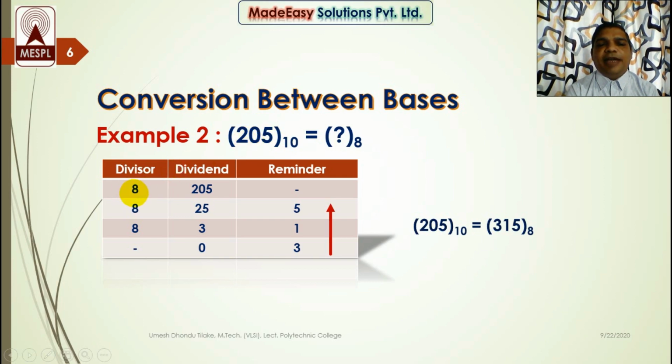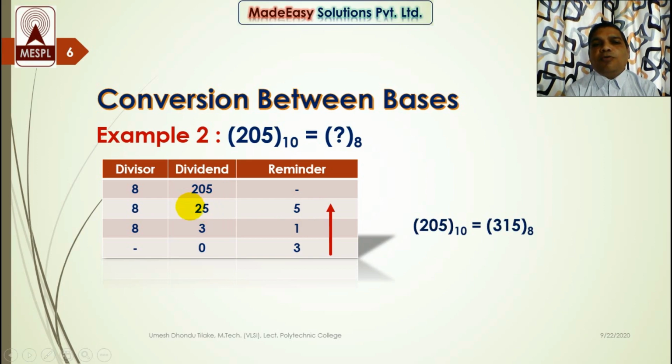So I have divided by 8 over here and continue the division process until we get the quotient as 0. So let's try. See here, we have to find such a quotient that when we multiply the base by that quotient, we get the maximum number in the table of 8 which is less than 205. So 25 8s are 200. So when 200 is subtracted from 205, we get 5 as a remainder and 25 as a quotient.